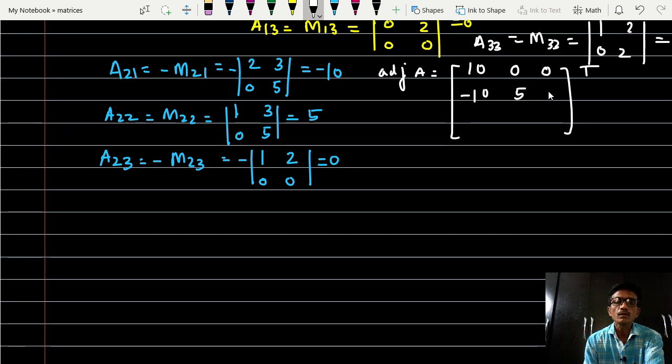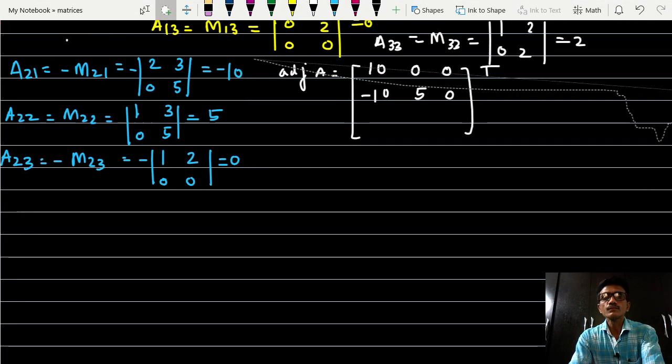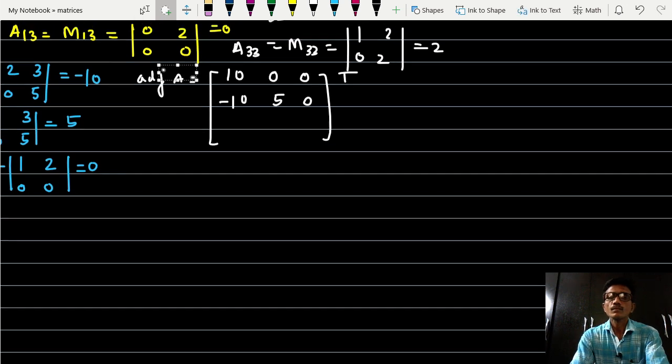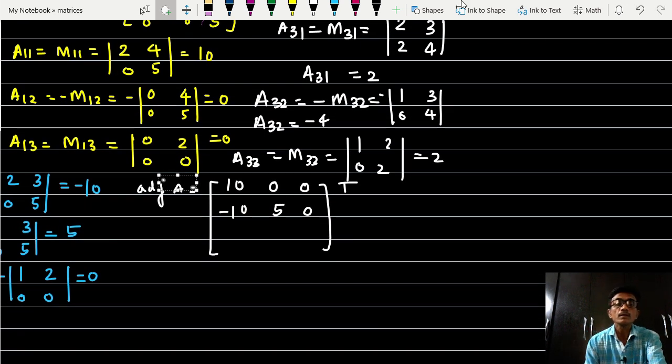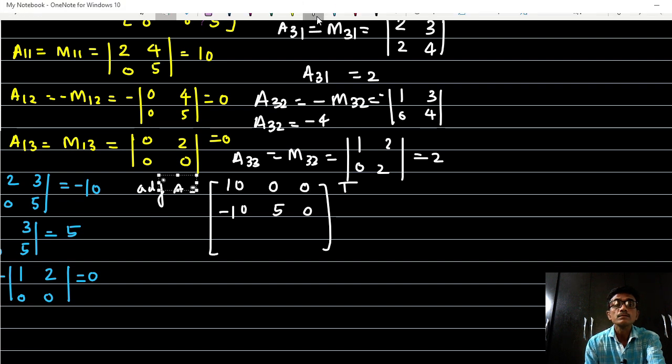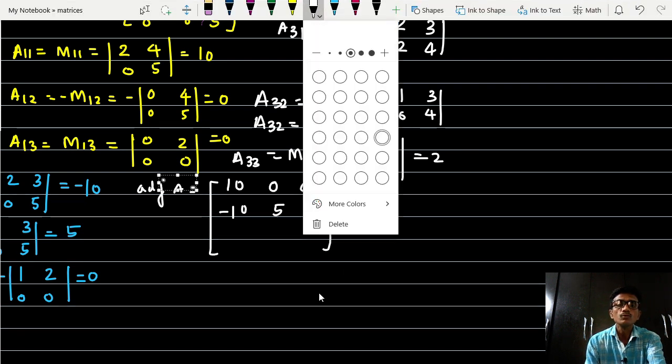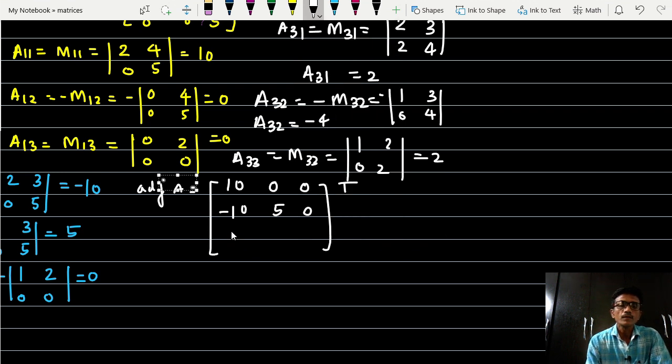A22 is 5 and A23 is 0. A31 is 2. A32 is equal to minus 4, and A33 is 2. Adjoint of A will be equal to the transpose of this